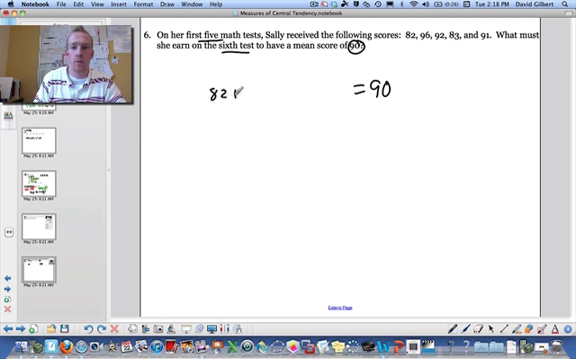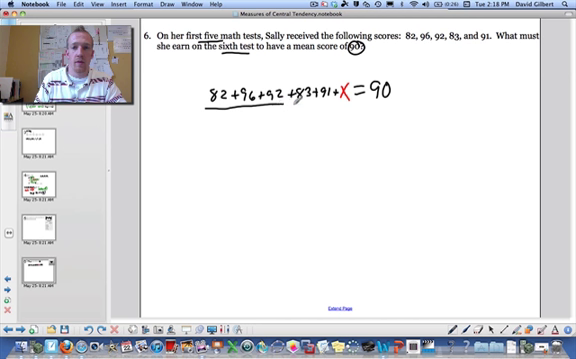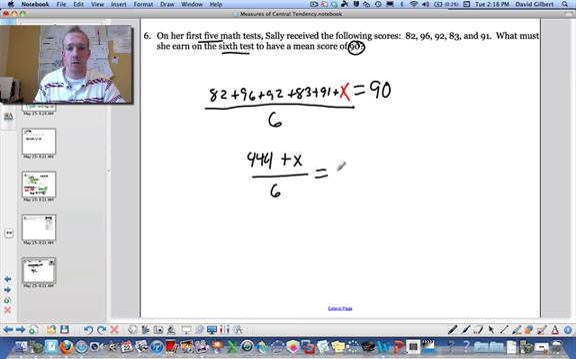So 82 plus 96 plus 92 plus 83 plus 91 plus what? Well, we don't know what she got on the sixth one. That's what we're trying to figure out. And then how many do we divide by? Well, it's 6 tests total. So divided by a 6. Now we can add all those numbers together, and that gives us 444 plus x over 6 equals 90. So now we multiply both sides by 6,